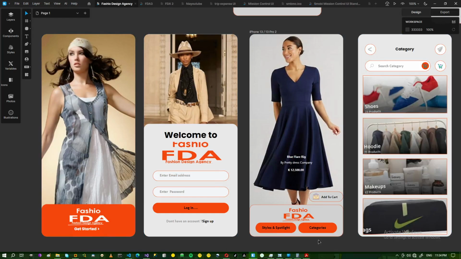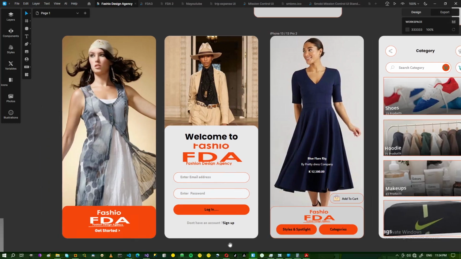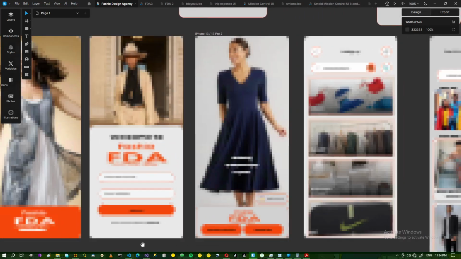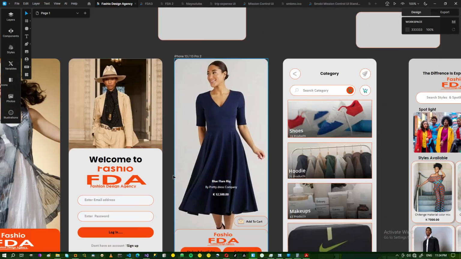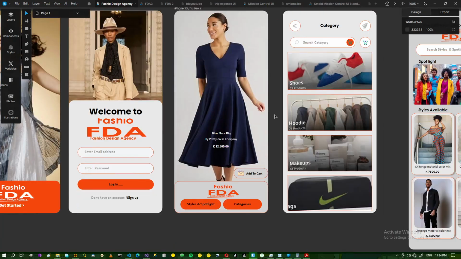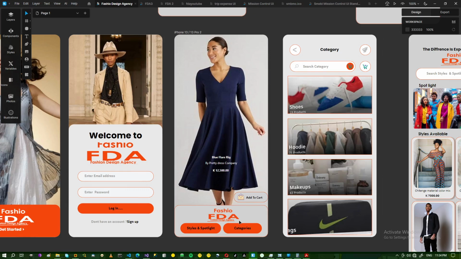Okay, so this would be one section of the application. This would be the front end of the application. So somebody will add this to cart, then this will go to the back end of the system. Then at the back end of the system,